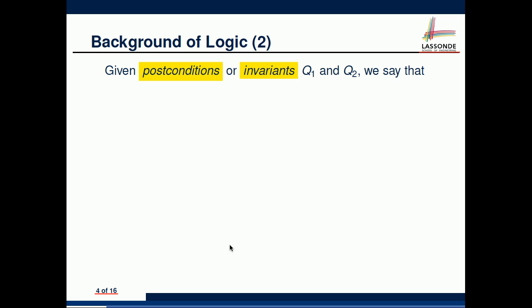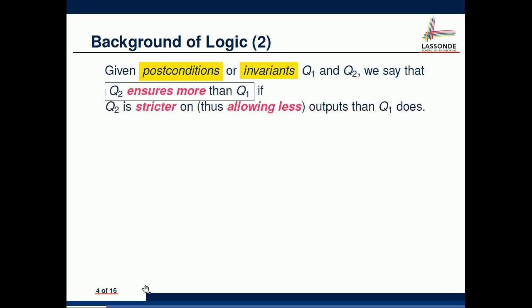Given two Boolean conditions, we say that a postcondition Q2 ensures more, which means it guarantees more to the clients once they call the feature. Q2 ensures more than Q1 if Q2 is stricter, like a stronger postcondition. That means it would be harder to satisfy this stronger postcondition, and fewer values can satisfy it. For example,